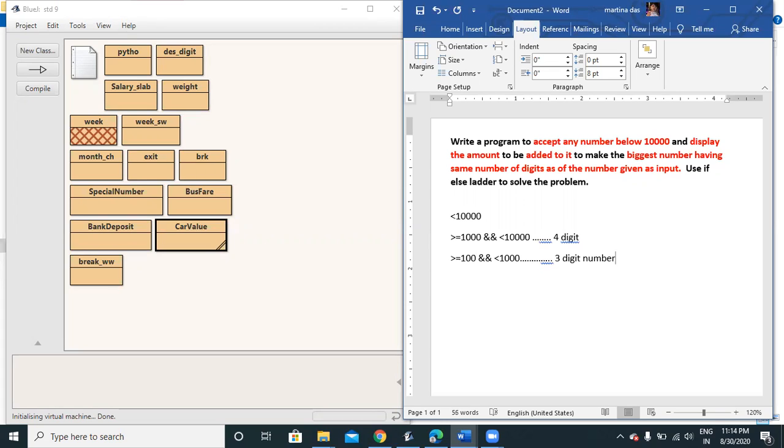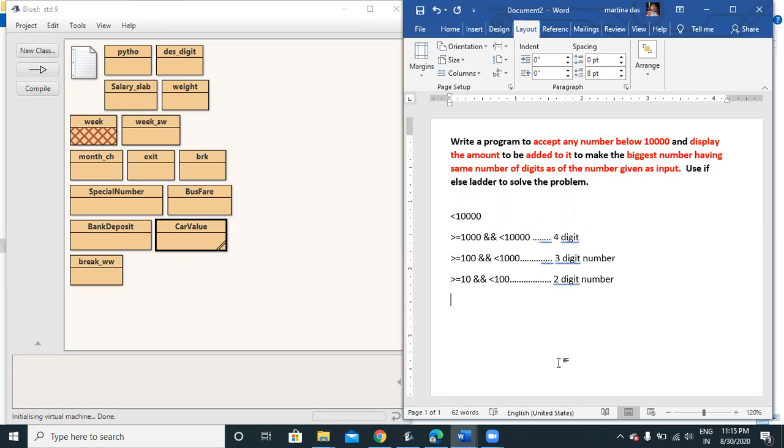In the same way, if it is greater than 10 and less than 100, then it is a 2-digit number. Now you can see I have segregated it into different parts by the checking that I have to specify.